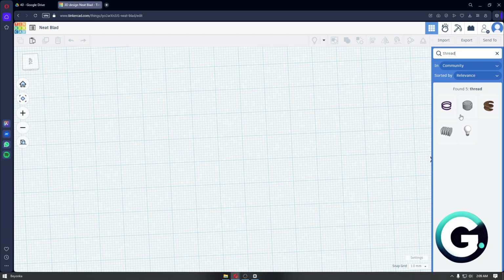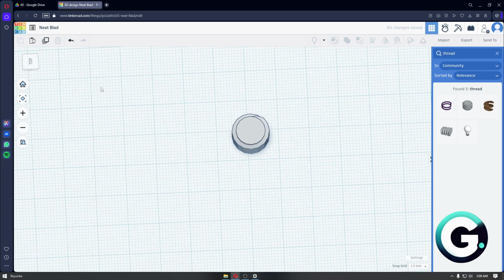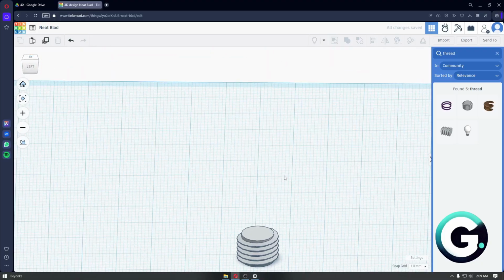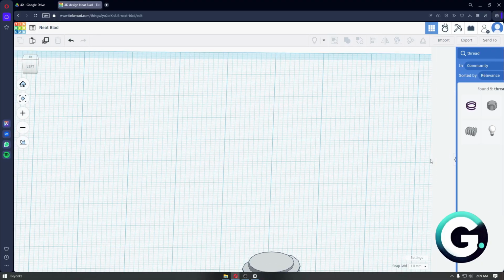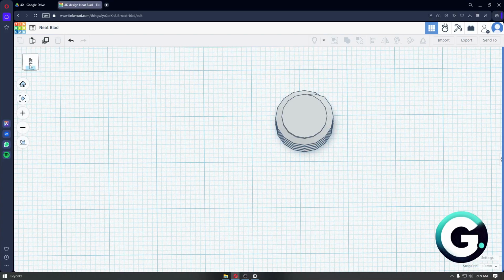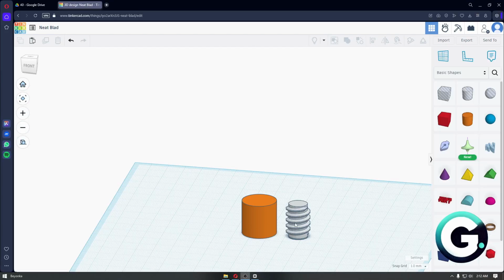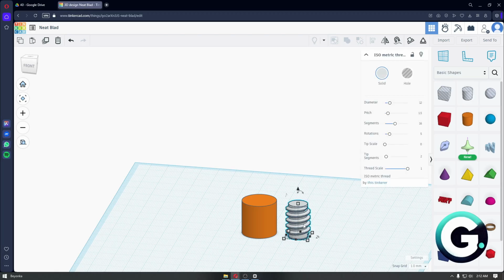In here we have multiple threads, and in my case I'm going to be using this one. And as you can see, we have managed to insert a thread right here, but of course we're not done yet. Now let's say that I want to make sure that this thread right here inserts perfectly onto my cylinder shape. So to do that, I'm just going to duplicate my thread,